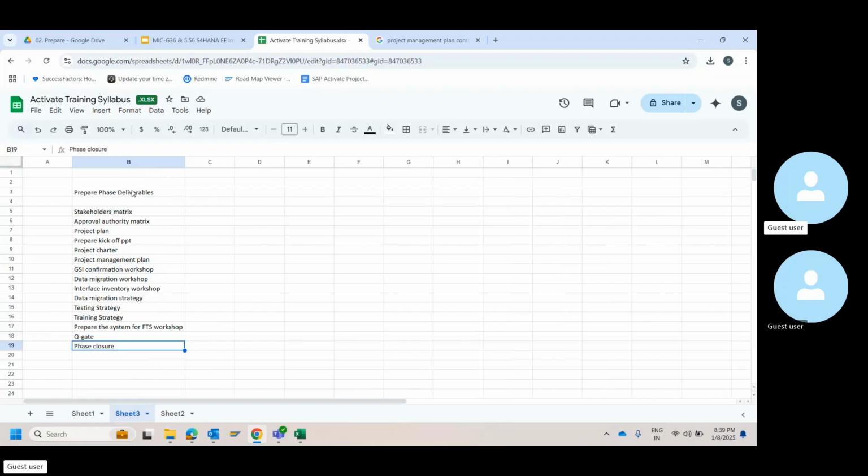Any doubts on this part? Because now prepare phase is done. This is where predominantly all of your efforts will go into. Rest is all about coordination, monitoring, and controlling. This is where you determine how you will execute the project, how you will run your project, and you will set the stage with your customer, with your consultants.